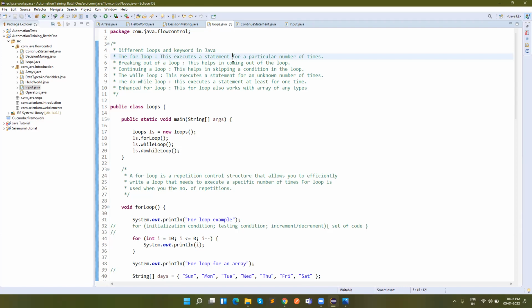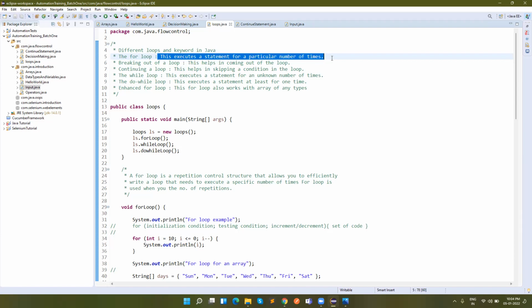First thing, the for loop. I have written everything over here, right? The for loop executes the statement for a particular number of times. It is written over here, but what is the meaning of this? This executes a statement for a particular number of times. This is just one line.